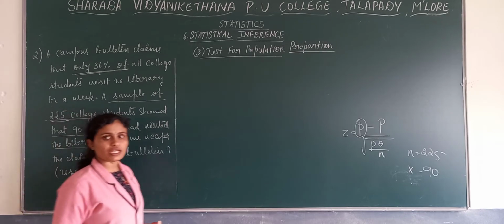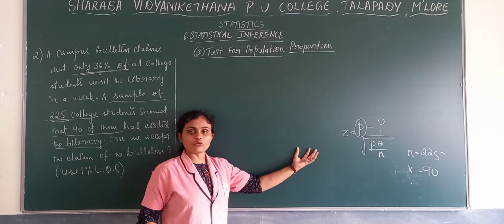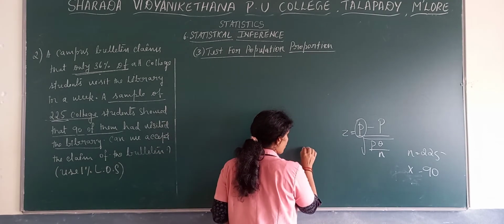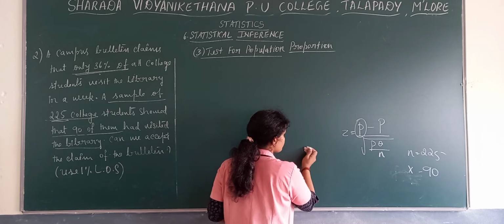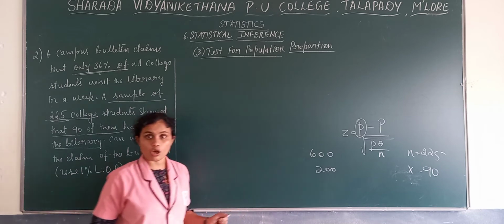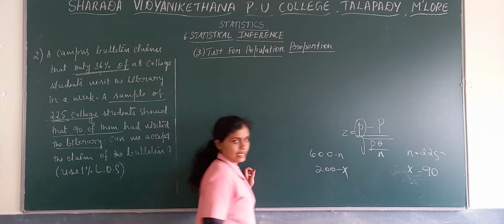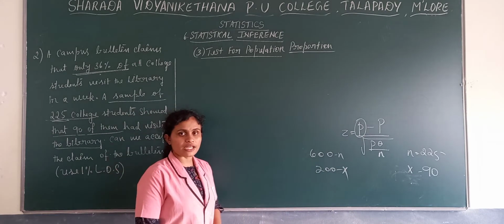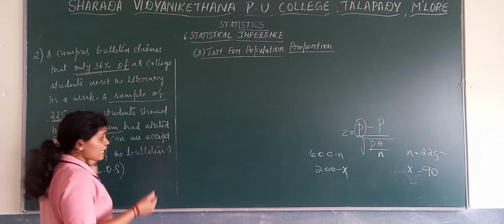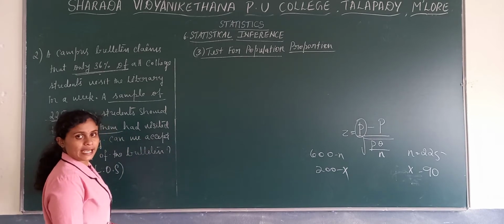In yesterday's problem, we saw that in a particular sample of 100, 125 people are drinking coffee. Out of 1000 or out of 600 people, 200 people are drinking coffee. So we can easily make out that this is the sample number and this is x. Here in this problem, firstly you need to identify which is x and n. n you can easily identify. In that n, the number of people we can call x.